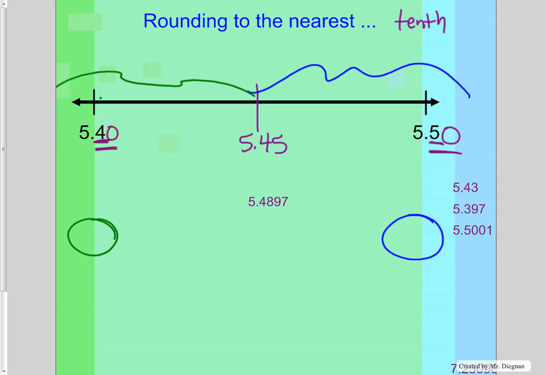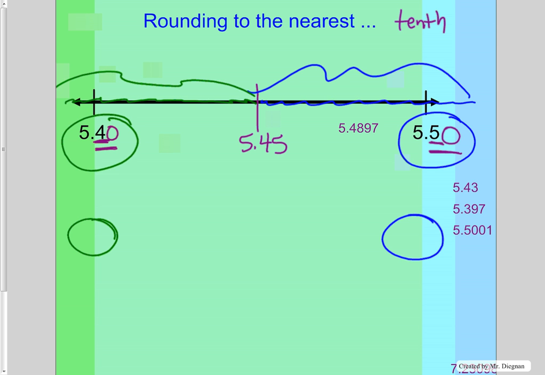First number I want to work on is 5 and 4,897 ten thousandths, or 5.4897. So I'm looking at my number line. I want to decide, is it a green number or is it a blue number? Keeping in mind, my blue numbers are going to round here. My green numbers